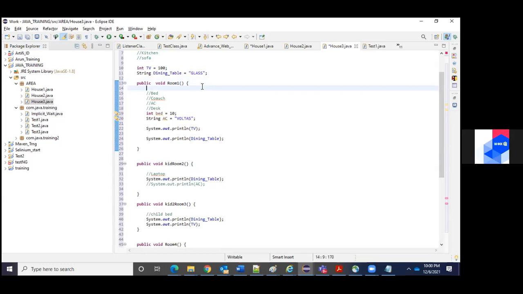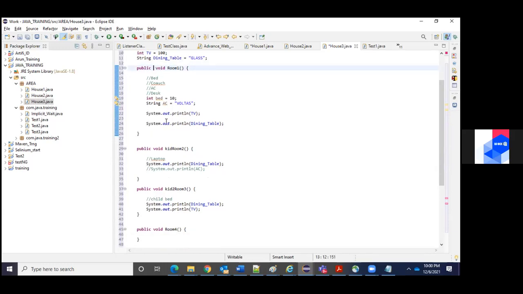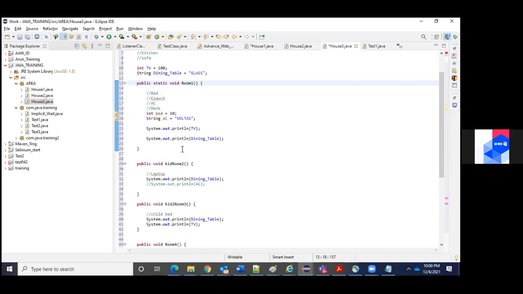Now the point why I'm saying that: if you are saying this method is static, whatever variables you want to use inside should be static. So I need to say static. Did you see? Whatever you want to bring from the outside to be here should be static. It should be the hardwood.